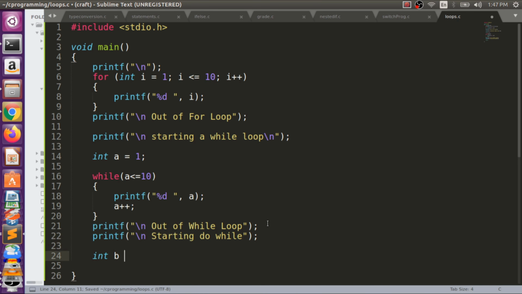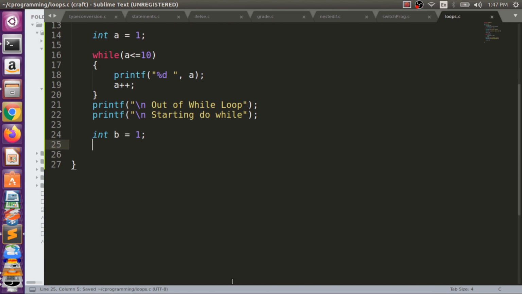So you guys will see here int b is equal to 1, right? And we have here do, and in do we have printf. We will copy this so that we can save our time. So here we have this, and we will print b, right?